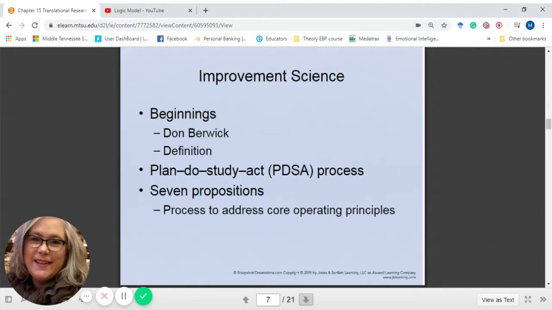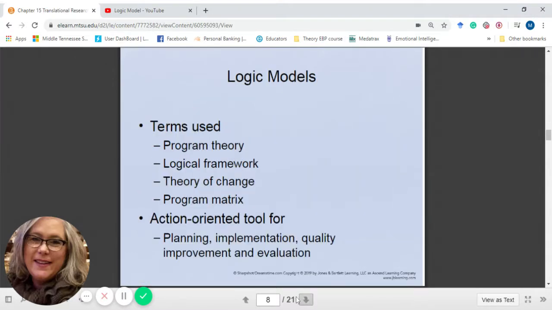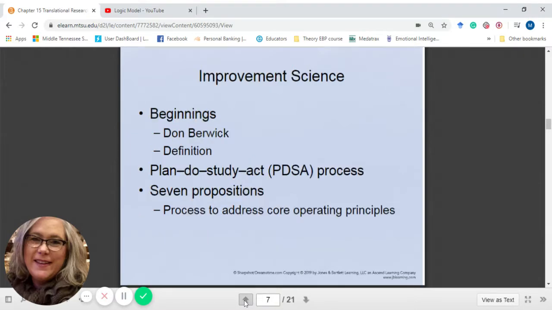Plan, do, study, act, PDSA, that's the process for evidence-based practice. They talk about that a lot in our evidence-based practice textbooks and in the course that we're developing. And there are 7 propositions to address the principles of PDSA. Let's see if the next slide talks about the 7 principles. Not really. So let's go back and talk about the 7 principles of